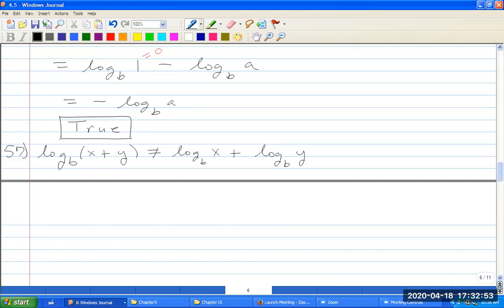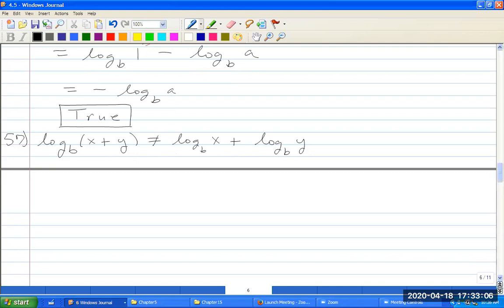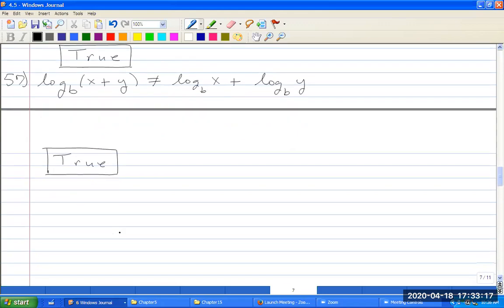They're not equal, meaning that if you plugged in, let's say, for example, so this is certainly false. So this is a true statement because they're not equal. For example,